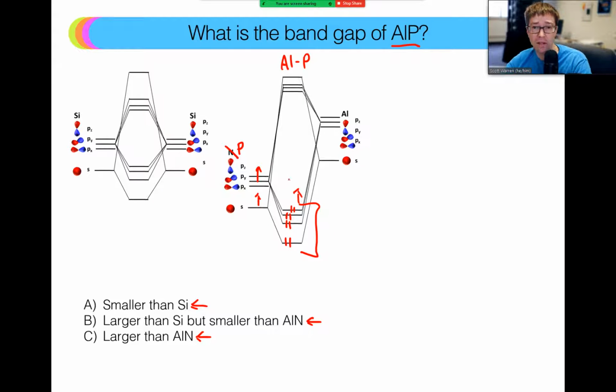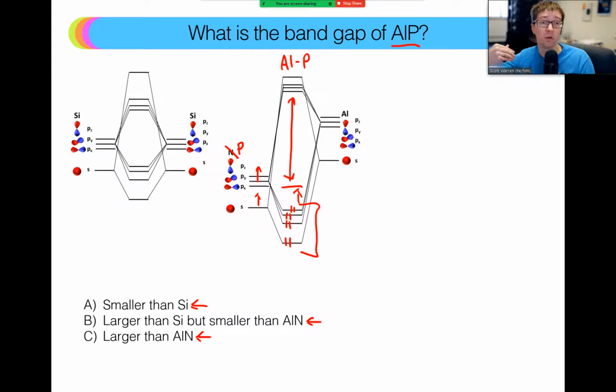The consequence is that our new band gap, and I'm drawing this on the molecular orbital, the molecule does not have a band gap, but I'm just showing this schematically. Our new band gap is going to be smaller than aluminum nitride, and larger than silicon. It's larger than silicon because aluminum is more electropositive than silicon, and phosphorus is more electronegative than